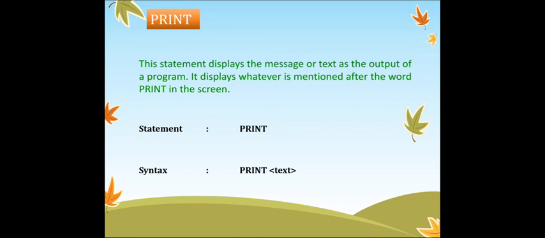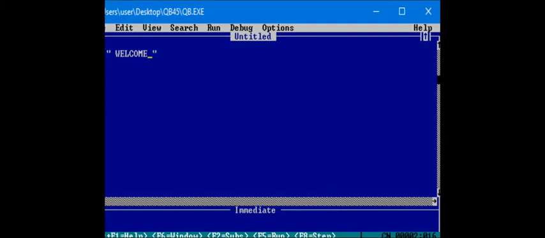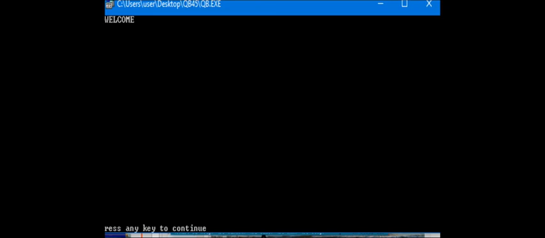Beside that, you have to write the text which you want to print on the screen. Let us see one example. Look at the screen. I have written one program with the print statement, that is welcome. And after that, you will see the output, that is welcome written on the blank screen.